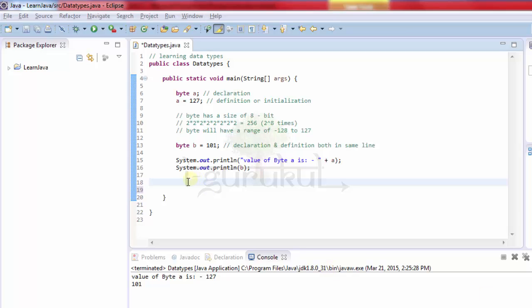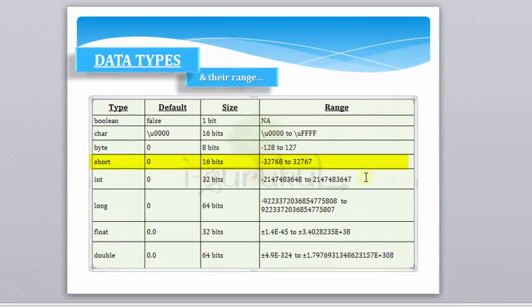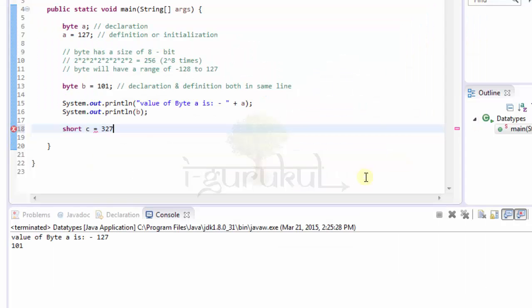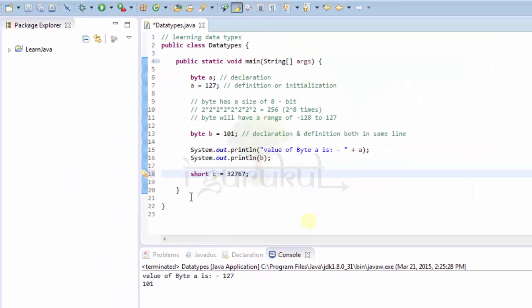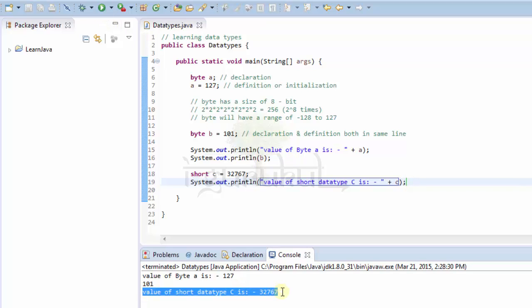Let's take an example for short data type first. Then we will move on with floating type data type. So what I need to write is short, our data type, give it a variable, assign the value. Let's check the range first. Short has a range of -32768 to 32767. That means 32767 is the last of its range. So it will not give me an error if I will give a value of 32767. But what if I will give it a value of 32768? It will give me an error that type mismatch cannot convert from int to short. So you have to be sure about the range first to work with data types. So let's print it out and check, have I done anything wrong? See, we have got our desired output.